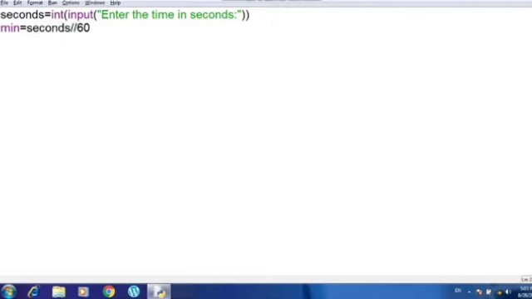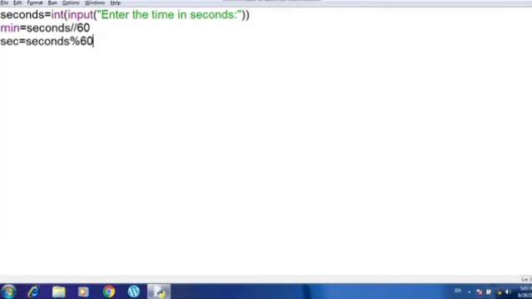Now to store the remaining seconds, I will use the mod operator, which gives me the remainder. So let us take another variable, sec, and I am going to write seconds mod 60.